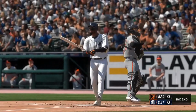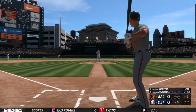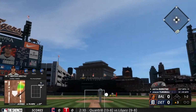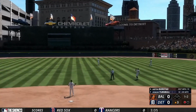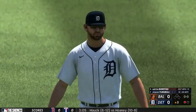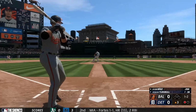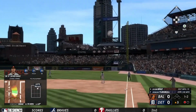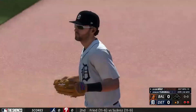Jorge Mateo, who came over as part of that Torkelson trade, strikes out on Sixto Sanchez's high fastball. Heston Kjerstad up now, and Kjerstad, on an inside slider, gets jammed a bit. You can tell by that sad fly out to center field. So 1 up, 1 down now here in the inning, as up comes Javi Baez. Baez sends that one the opposite way, to right field, ranging over is Vierling, and that's going to be the catch for